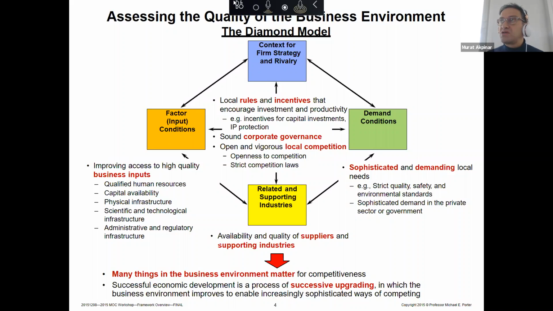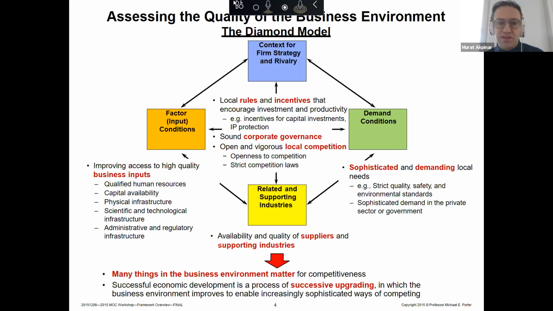When we look at other Asian countries, we will see the case of Singapore. We will see there also the influential role of the government, especially when the country is poor. If you think about it, private businesses don't have the capital to invest. So in those cases, we see that the government takes an active role in making large investments. There are state-owned enterprises in these countries during their economic development phase. So this is one of the debate areas regarding the diamond model: how we should see the role of the government. So Porter thinks that the government is outside of the model, but it influences the country's business environment